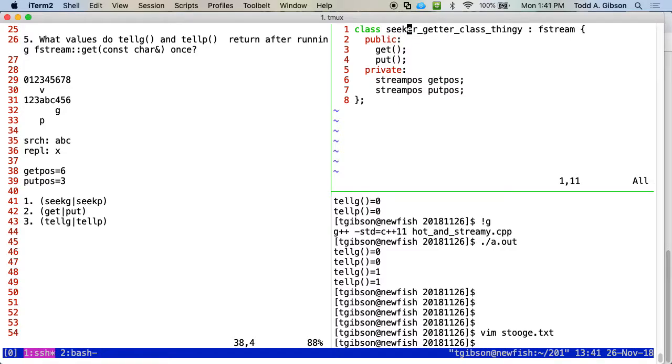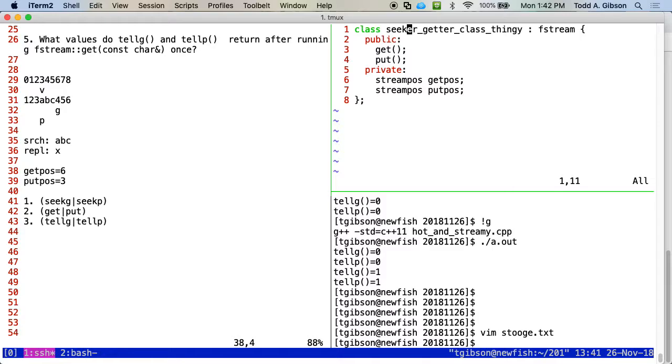Now keep in mind that we've got a different kind of game going here, right? For the purposes of this class, I'm not going through the same rigmarole that I went through with, say, the stamping press project, where we looked for protected variables and virtual functions to decide what we could inherit. I'm basically saying this class is just going to sit on top of fstream. If I don't define it, then it's going to run the fstream function. If I do define it, it's going to hide the fstream function.